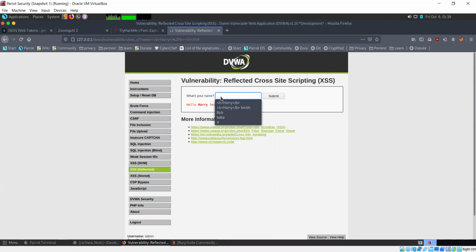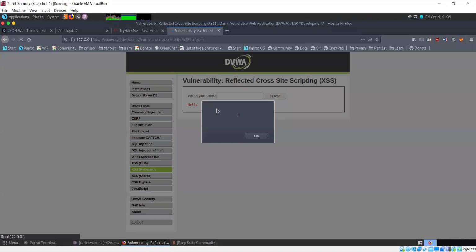So let's say we try to insert a script. Now we start with simple scripts: alert, one, script, submit. So it showed up an alert with the value 1.